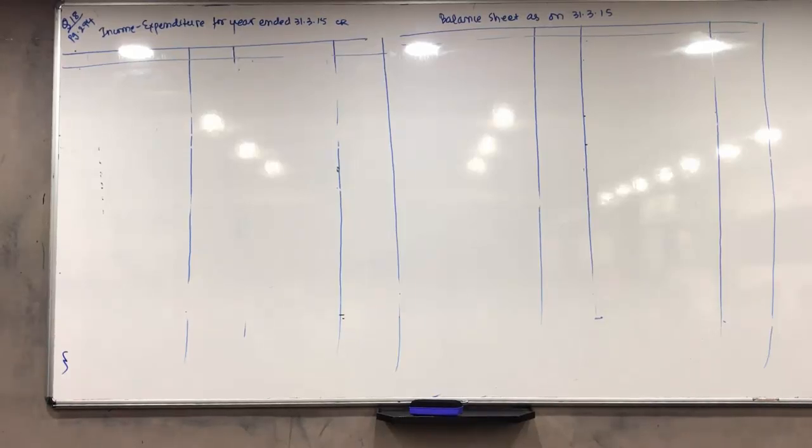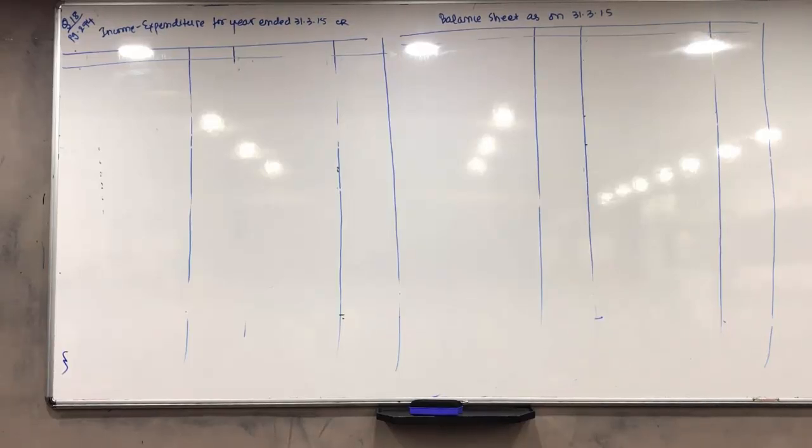In number 294, question number 1818, from the information given below, Jamna Das Trust prepare an income expenditure account for the year ending on 31/3/2015 and balance sheet as on that date. Now balance sheet is already given. Now what balance sheet is this? हमें कौन सा balance sheet करना है? We have to prepare a balance sheet as on